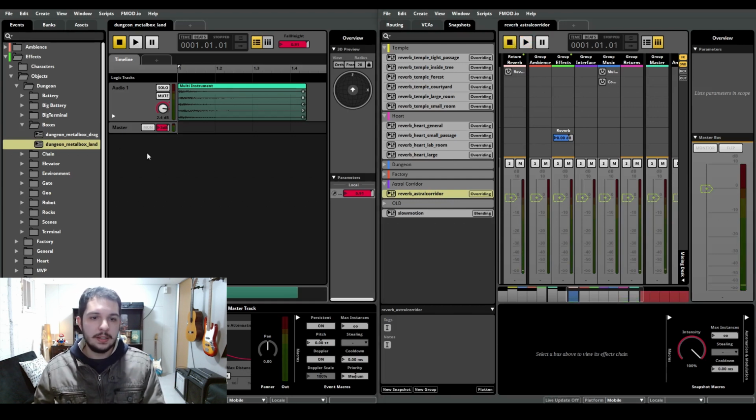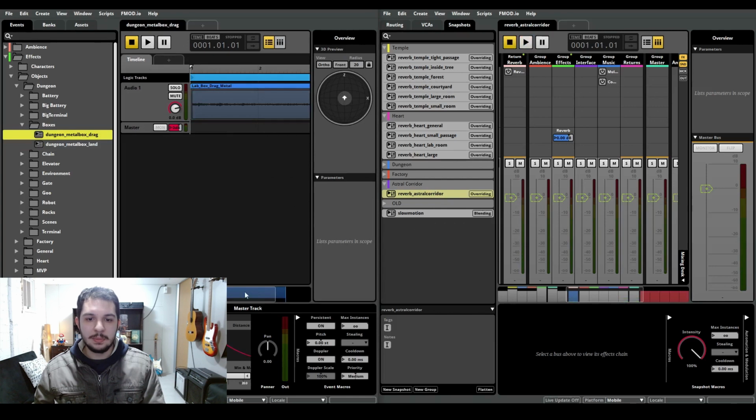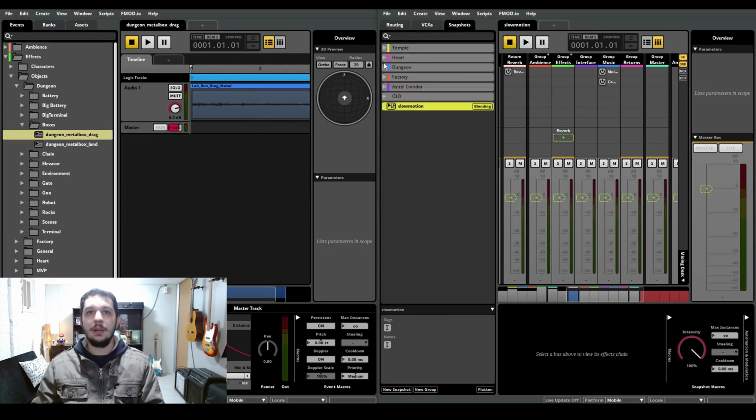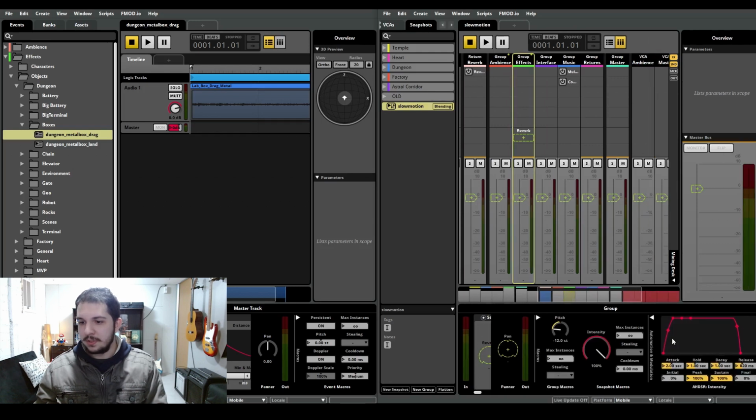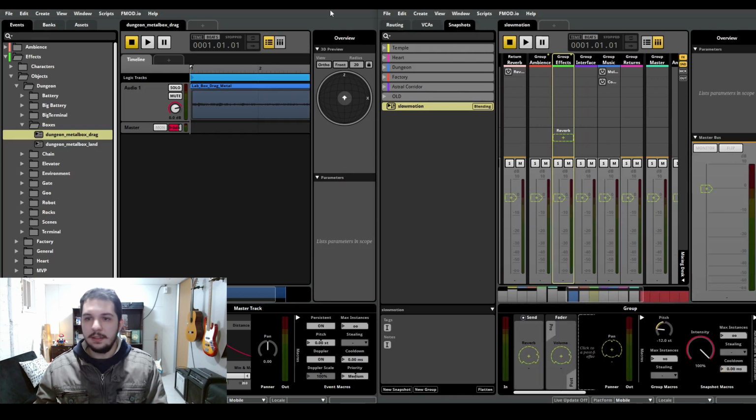One other effect here, and I'll just use the dragging sound to exemplify this one, is the slow motion effect that happens, I believe. I'm not sure if this one actually plays when you're jumping over the bridge, but it also plays when Sharda comes back at the end of the game and everything goes into slow motion. And all it does is it takes the effects and ambience group and pitches them down gradually, of course. Here's the attack, and the effect that you get is this. Say you're dragging the box here, and just this volume. And then once you go into slow motion,